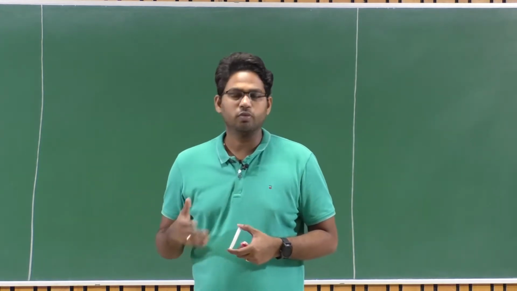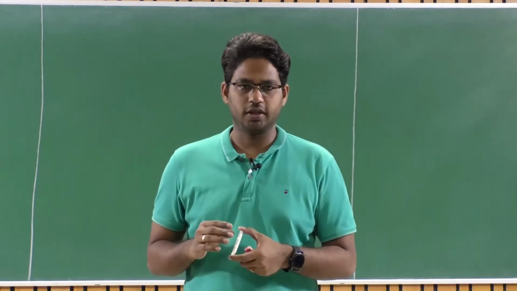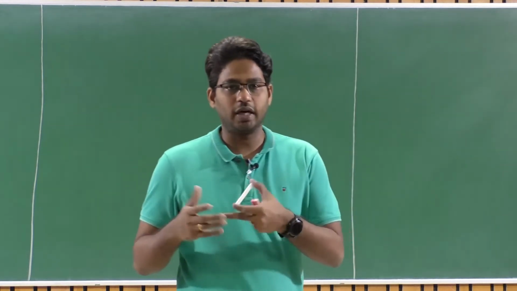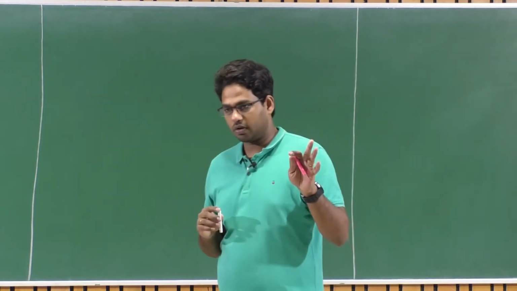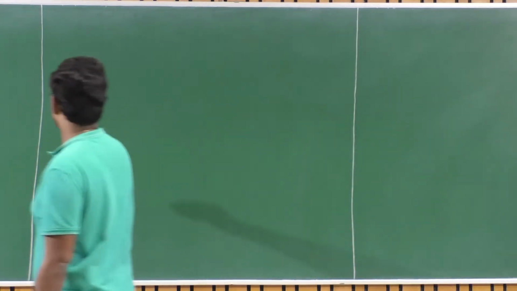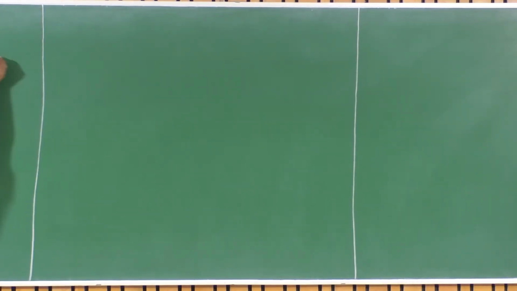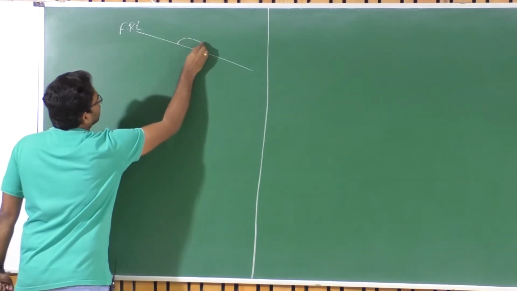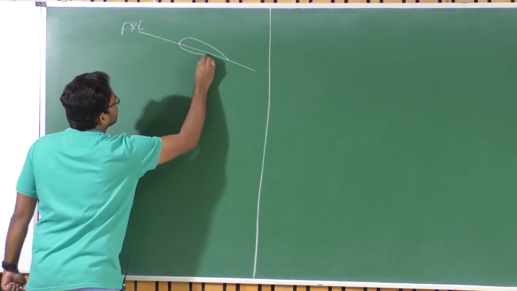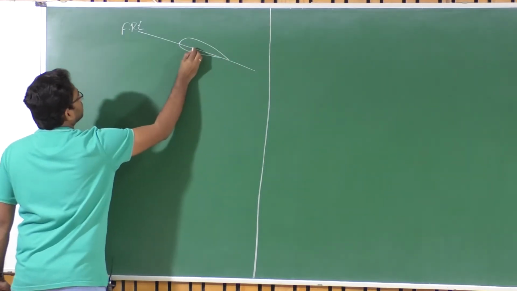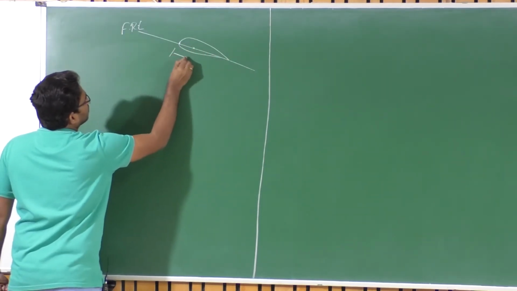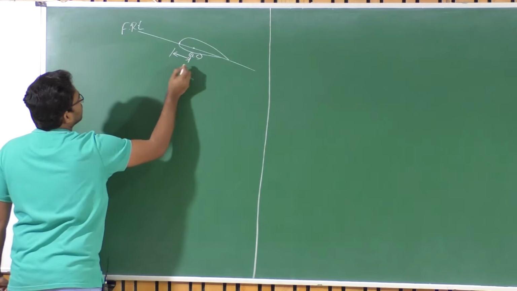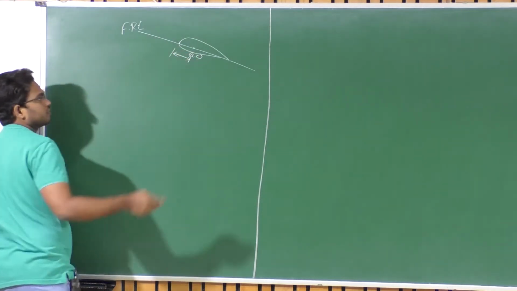Now, let us solve some more example problems related to this flat plate stability, how to enable the flat plate with static stability, right. So, we'll solve a few example problems. Just before that, let us revisit what we have derived. Assuming this is my fuselage reference line, and say my wing chord line coincides with the fuselage reference line, and say this is the location of the aerodynamic center AC of the wing, measured with respect to the leading edge of the wing parallel to the fuselage reference line.